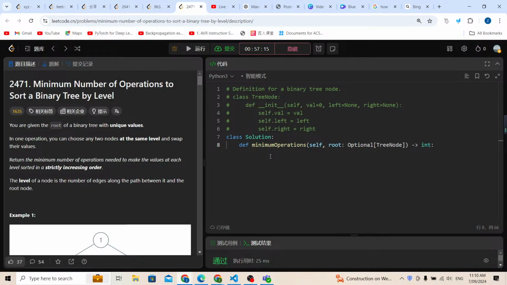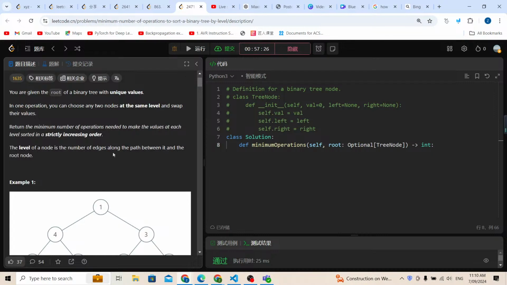For 71, minimum number of operations to sort a binary tree by level. I think the description is very straightforward. We are given the root of a binary tree with unique values, and in one operation we can choose any two nodes at the same level and swap their values. We're going to return the minimum number of operations needed to make the values at each level sorted in